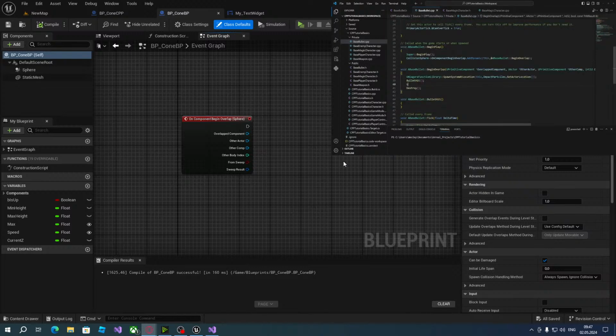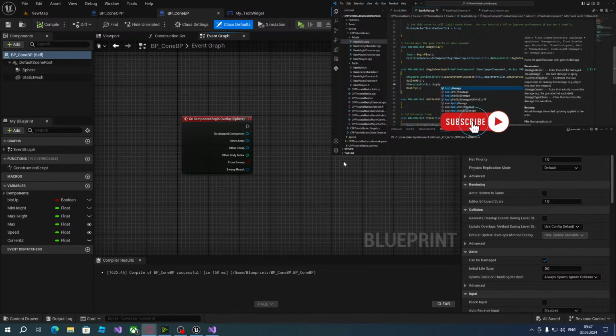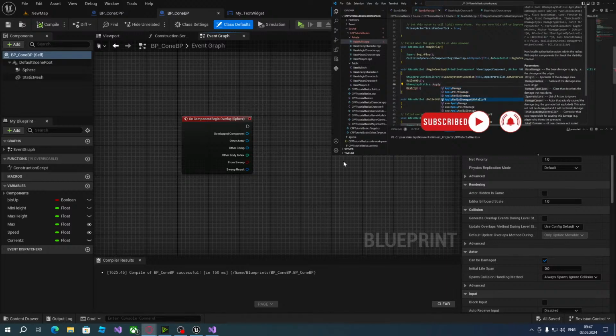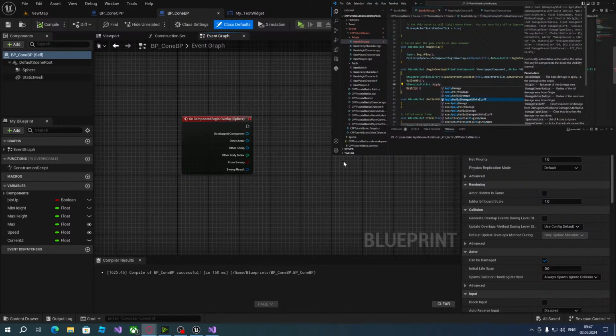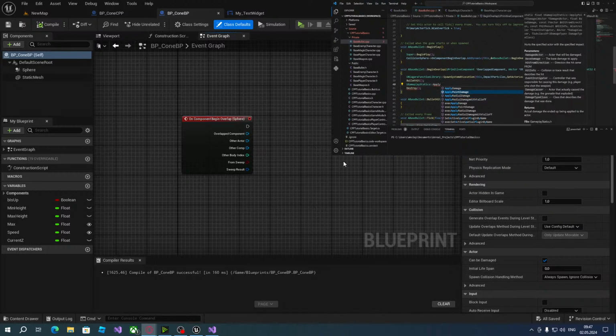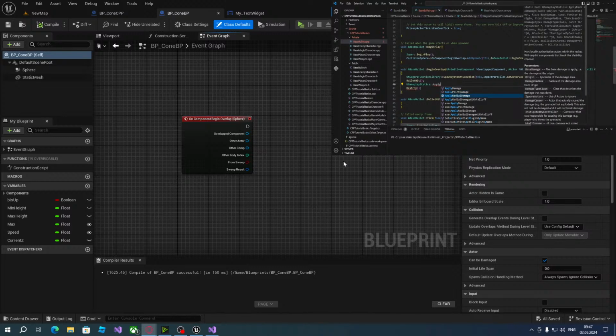And from there we can use gameplay statics, and we can say apply damage. There's a couple different ones here actually that I probably should highlight. There's point damage, radial damage, just normal damage, radial damage with fall off. For right now, we're just going to go for apply damage, but these are different types of damage causing. So we can say point damage hurts the specified actor with the specified impact. What's more important here is things like radial damage or radial damage with fall off. These are things you can use for AoE attacks. So if you have a grenade, instead of spawning in like a whole collision box when it explodes to calculate who is